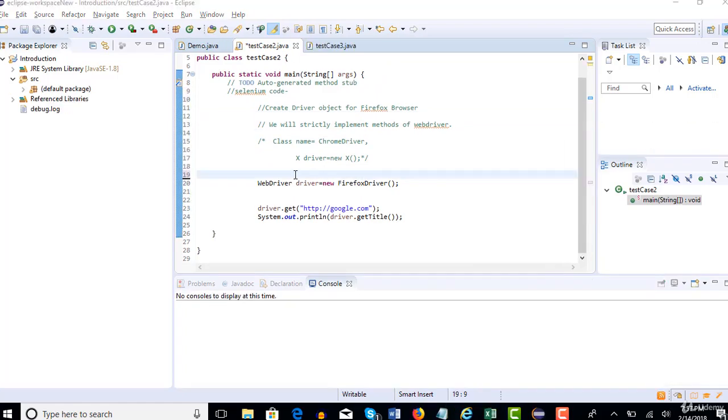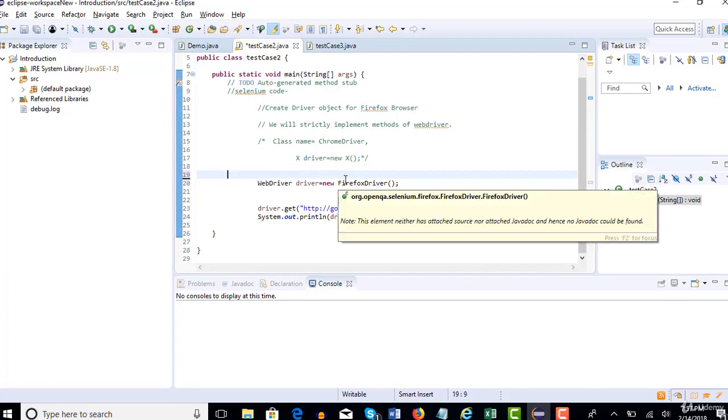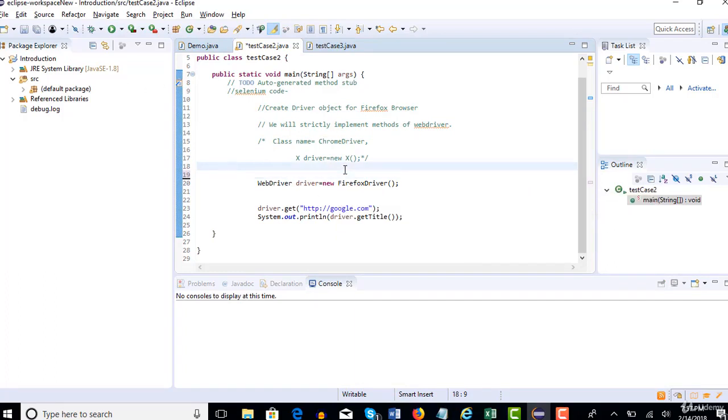So one last step left before we execute Firefox and invoke the browser, which is setting up the system property. We have done the same thing for Chrome, right? We set the property by downloading that .exe file which is provided by the Chrome team. Similarly, for Firefox as well, we have to download one .exe file which is provided by the Firefox team.